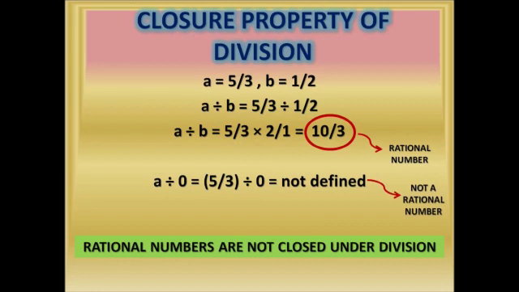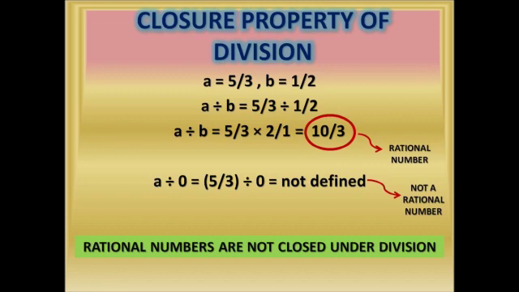Now let us come to the closure property of division, which does not hold good for all rational numbers. Let us take two rational numbers. A is equal to 5/3 and B is equal to 1/2. Now we divide A by B, which is 5/3 divided by 1/2, and this will be equal to 5/3 into 2/1, which is equal to 10/3, which is a rational number. But when you do the same thing with 0, that is A divided by 0, which is 5/3 divided by 0,